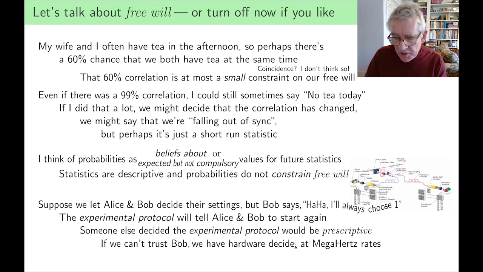And indeed, there's another aspect of this, which is that the hardware has to decide at megahertz rates. Because it's a bit longer than 2 microseconds for light to go from Alice to Bob, we want to change the setting to the modulator fast enough that when Alice has a measurement result, the measurement result at Bob can't know what that measurement result is. Now, there's an awful lot more we could say about quantum mechanics, about Bell inequalities, and particularly about the measurement problem, but I'll stop